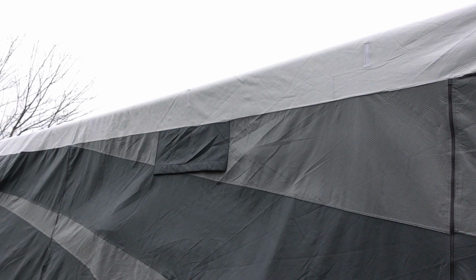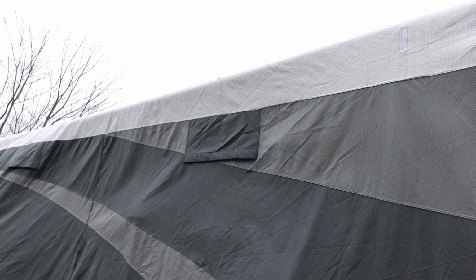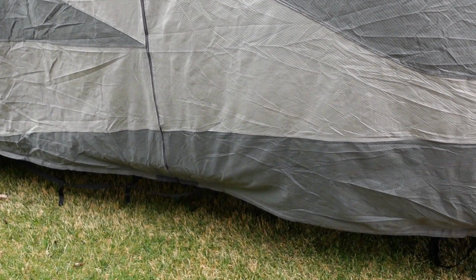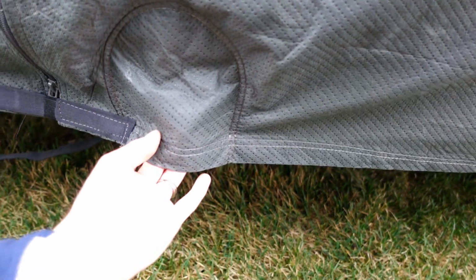Now, anywhere that you see a lot of stress on the cover, such as this section here, that right there is my awning. That's where my awning ends towards the front of the travel trailer. As you can see, there are a little bit of stress marks going down here. What you want to do so that you don't end up tearing it or creating a hole is, when you come straight down below that section, where your strap is located, so this section here,